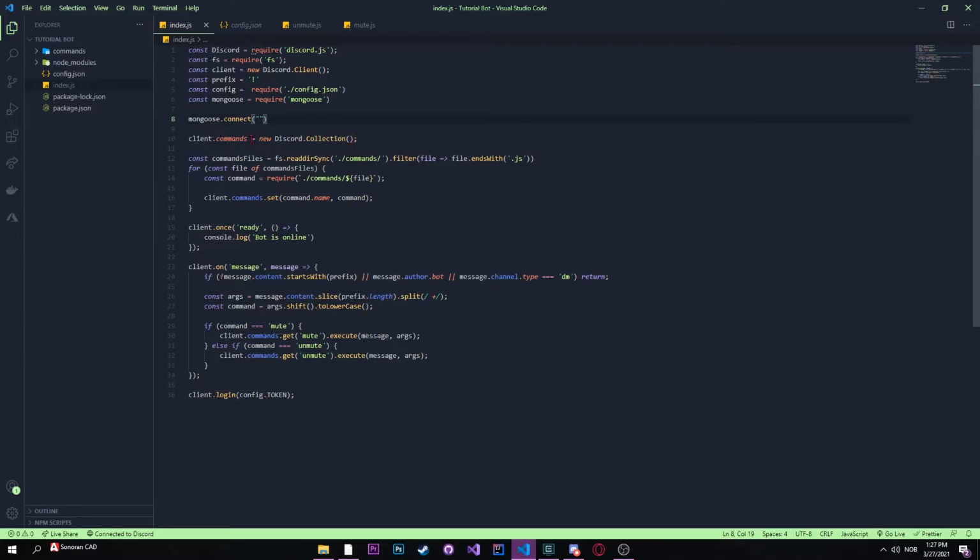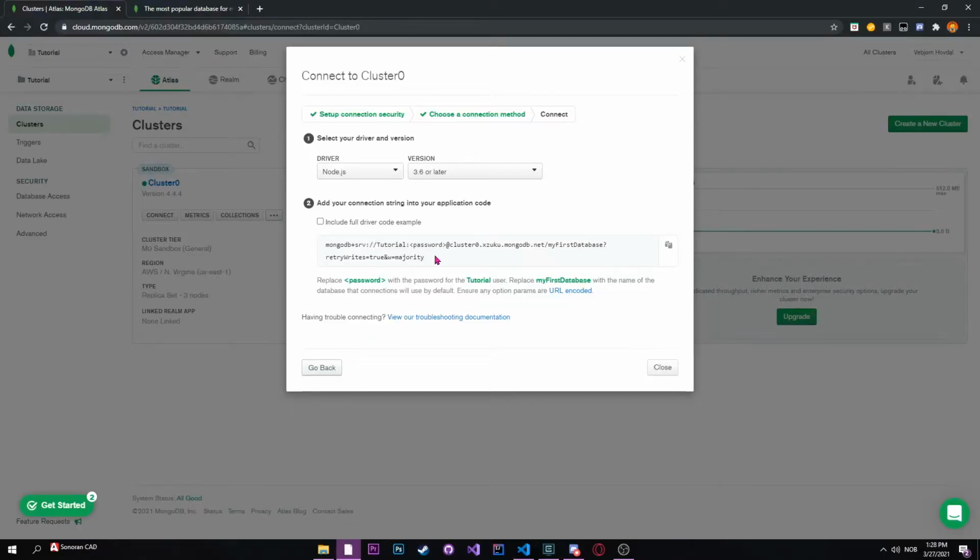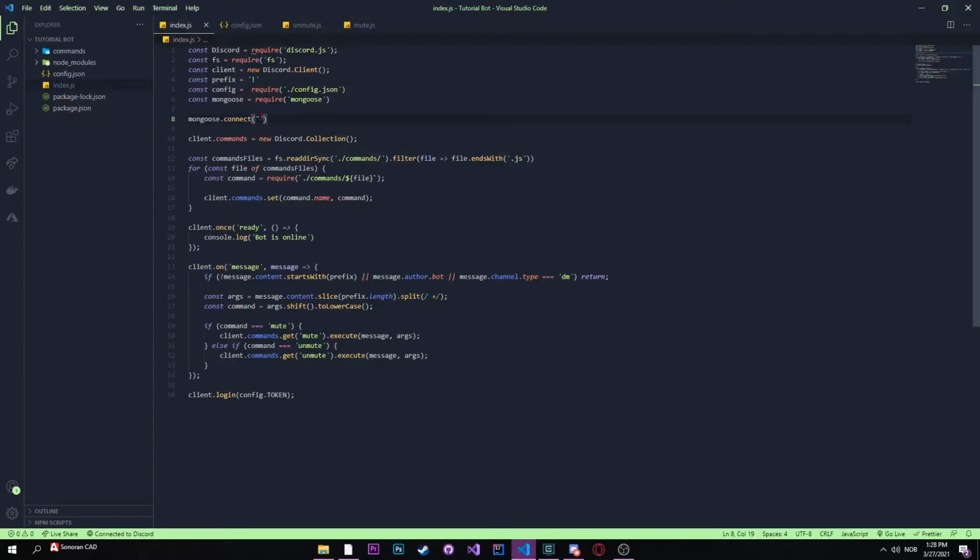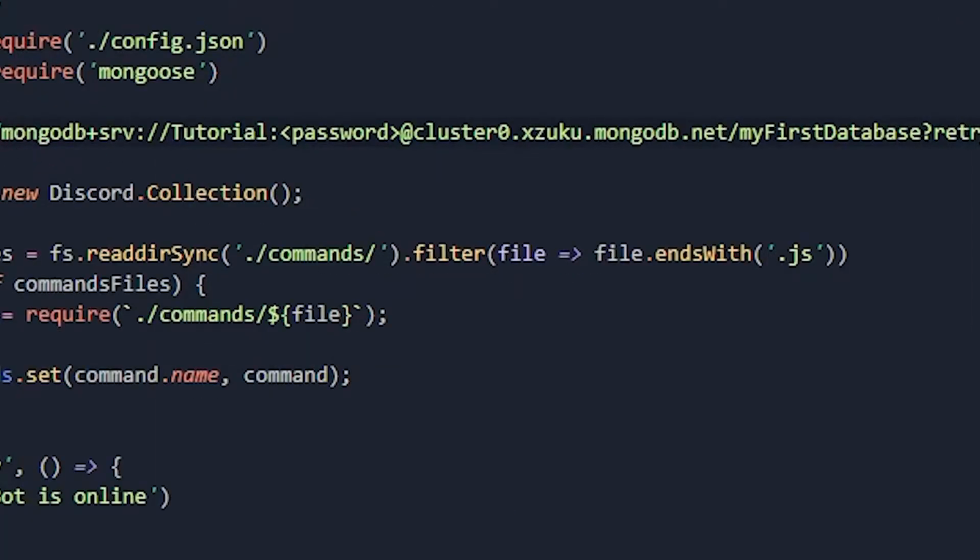Then we want to put a string, and now we want to get the, what's it called? Yeah, the string from our cluster. Go into your code, and there we go. Now we need to change some stuff here. So right here it says tutorial for me. That's my username, or the name of the user I have added to my